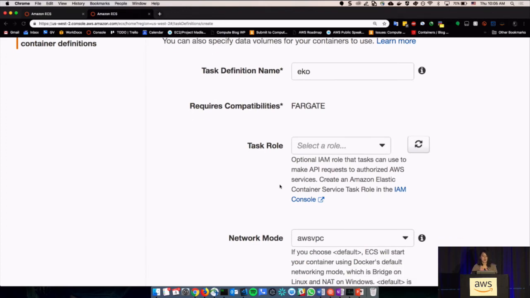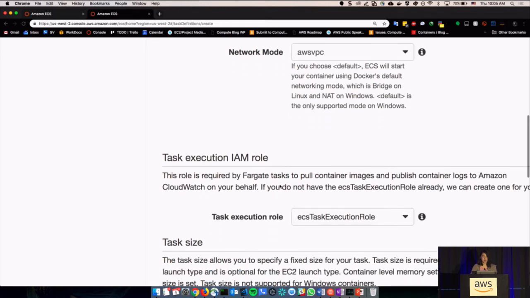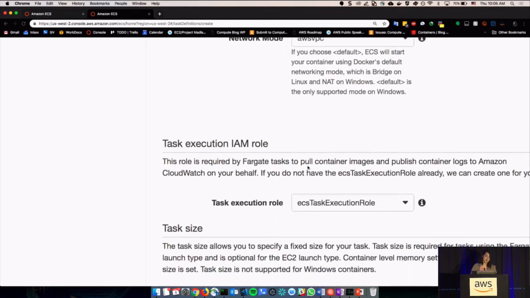For the task that I'm going to be using, I don't need a specific task role. I do need a task execution IAM role if I want to be able to pull from ECR, log to CloudWatch, for instance, or pull from any private registry. I'm just going to use Docker Hub for this one. For the execution role, if you want to look at what that is, you can have it create it for you.